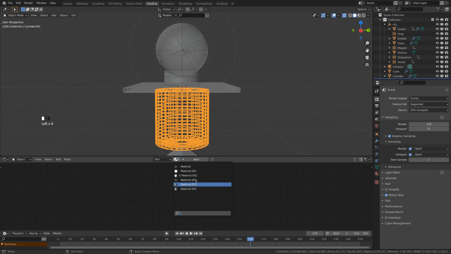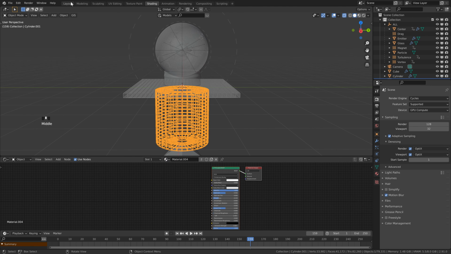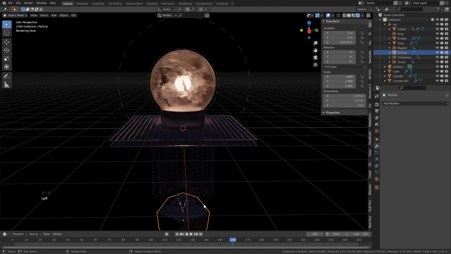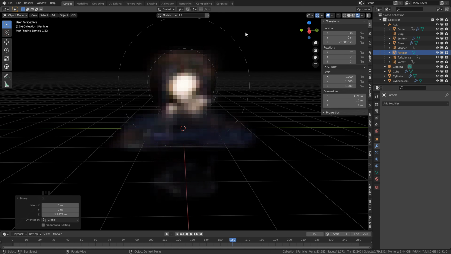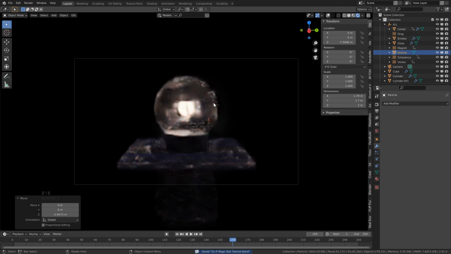And add the same material as I did for the ground. That's looking great, so you can just move your particle further out of the way if you want, just so that it's nowhere in view. Then the very final thing that you noticed with mine is it was a little bit empty in the background,